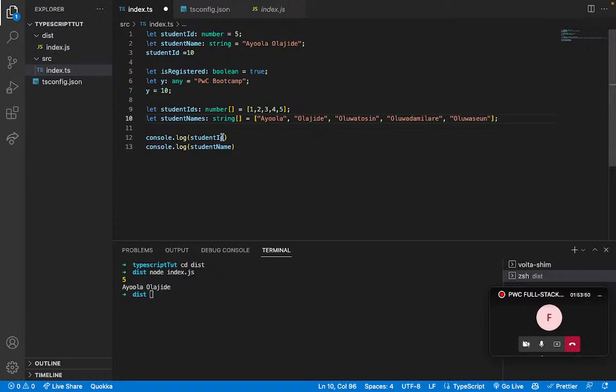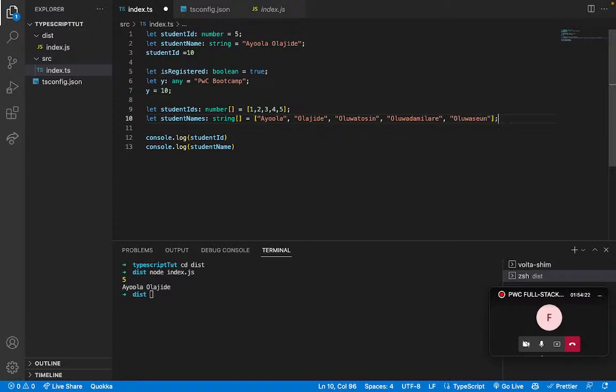So this one is now an array of strings. You have to write string, then you put your square brackets telling us that this is an array of strings. So somebody cannot come here and put a number in the array of strings. You cannot just put 6. Once you put 6, you can see it underlined telling you that, hey, you don't have to put 6 there. So let's get it back to